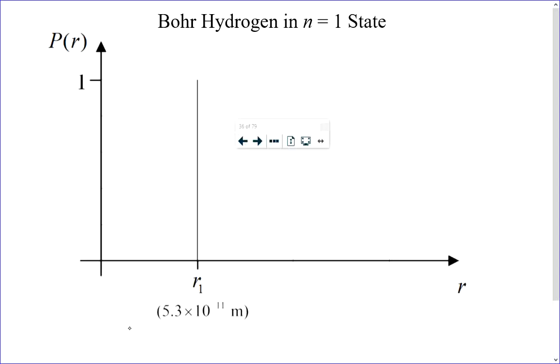This is the Bohr hydrogen model in the n=1 state. So this is Niels Bohr's thinking. This is the radius r1 that I've thrown your way before. And if an electron is in the n=1 energy state, if you said to Bohr, what is the probability that it's at this distance? Bohr would say 100%. It's 1. It's going to be there. It will always be that distance away. But